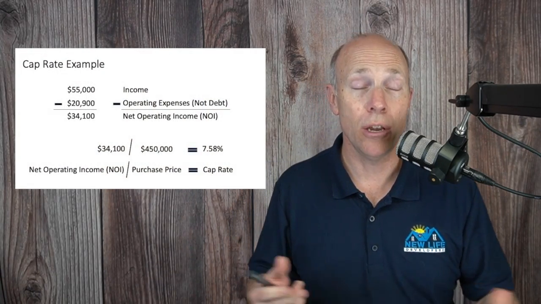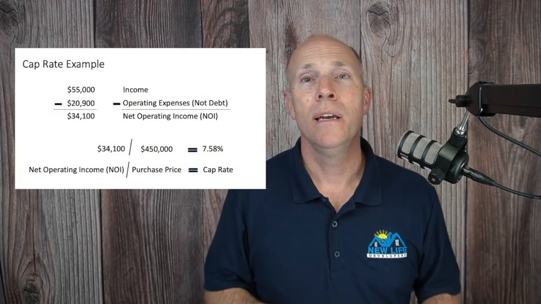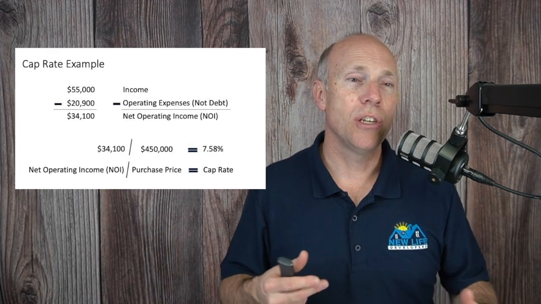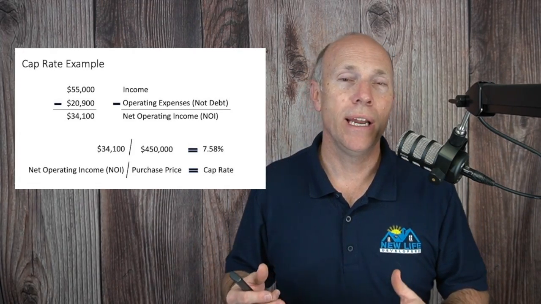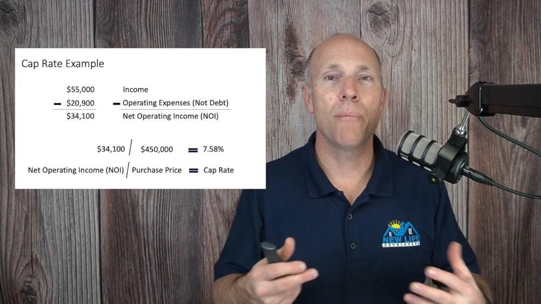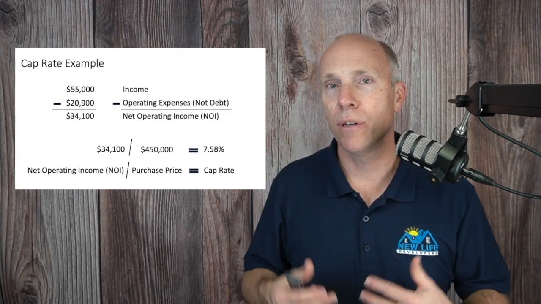I know it's a percentage, okay, but let's get easy with it. Let's run through a quick example here. What if I have a property that's generating about $55,000 in income a year? This is all annual. It maybe has just over $20,000 in operating expenses, not the debt, just operating expenses, taxes, insurance, maintenance,